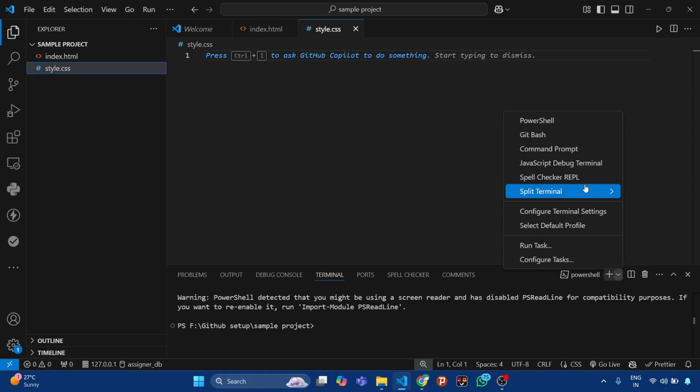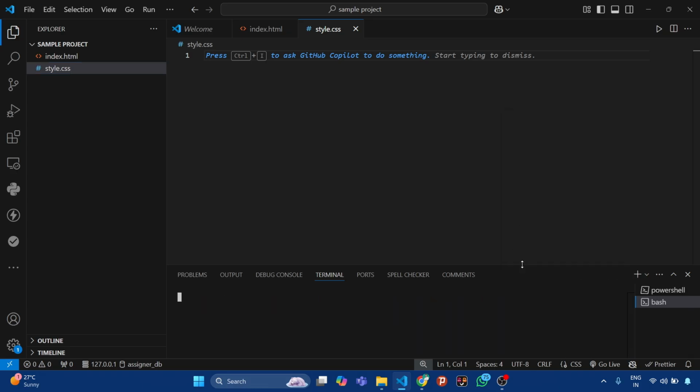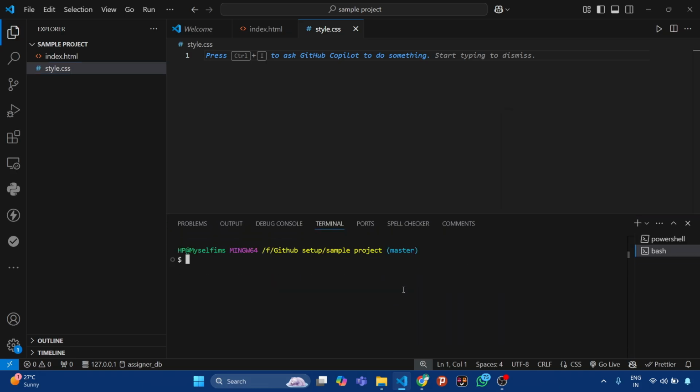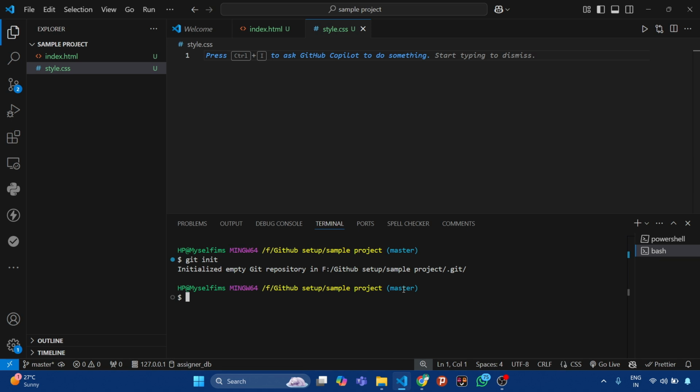So first, let's open the git bash terminal and then run this command, git init. Okay, so you can see initialized empty git repository in this location. It will create a hidden .git folder which will handle all the things of git and we don't need to go deep into it. Now after initializing the empty repository,